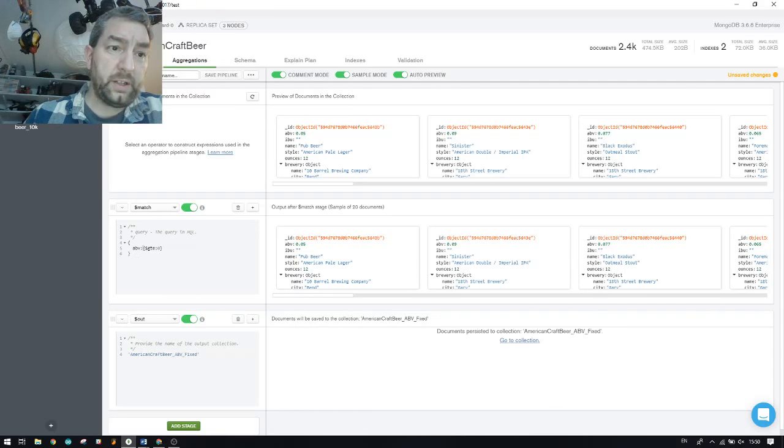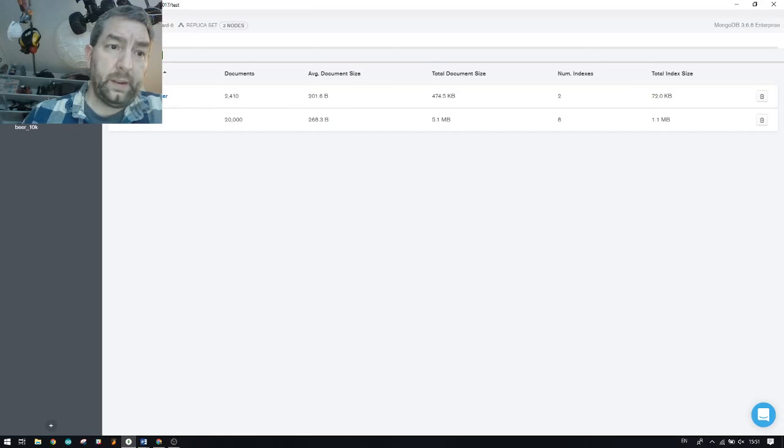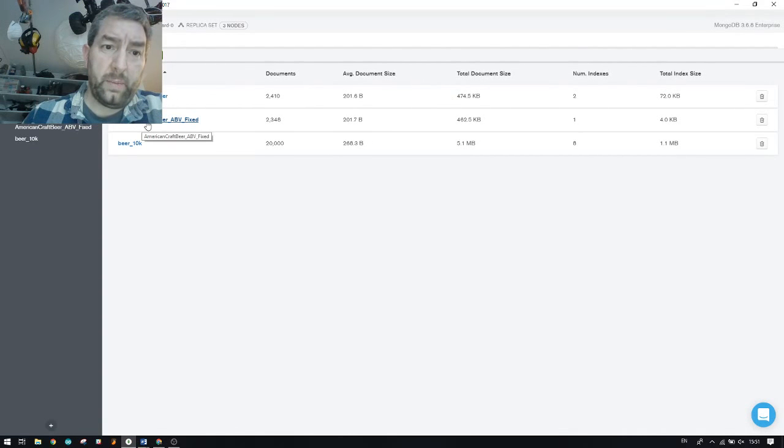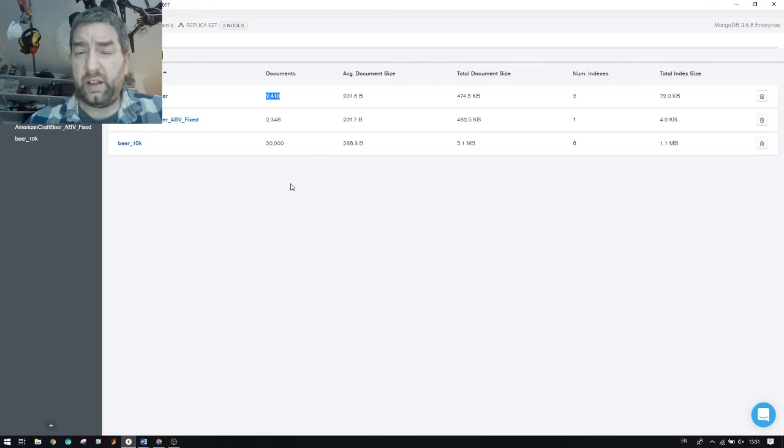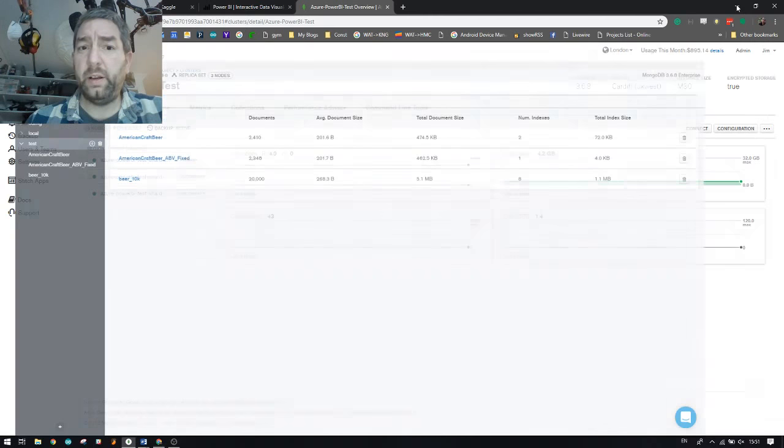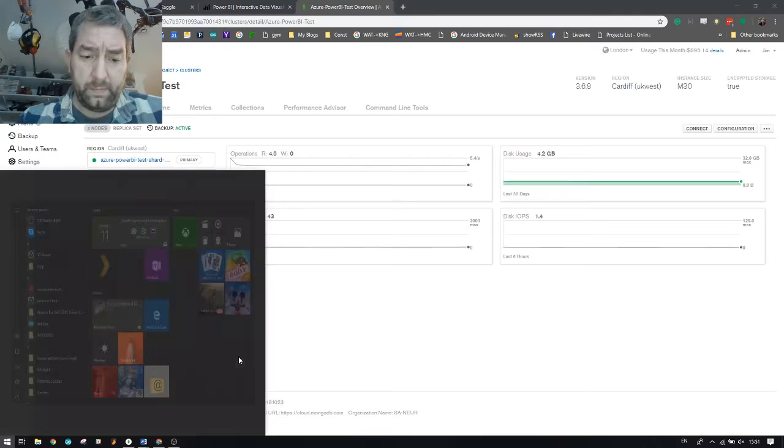Right, so now if I go back to my test database and refresh, I should have American craft beer ABV fixed, which has 2,348 documents as opposed to the original, which has 2,410. So it's taken out a couple of those values just to kind of clean that data up a little bit. So now if we go back to Power BI,